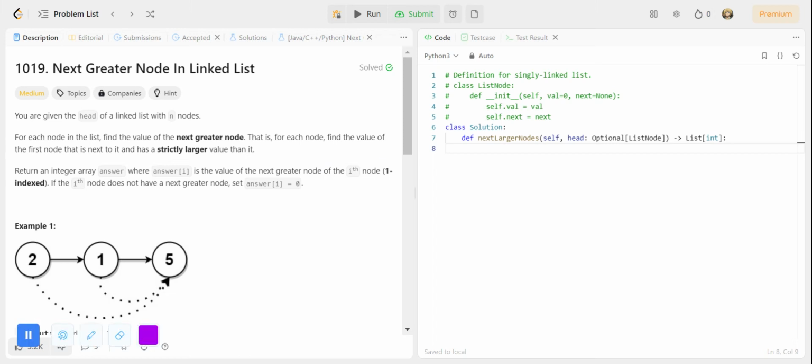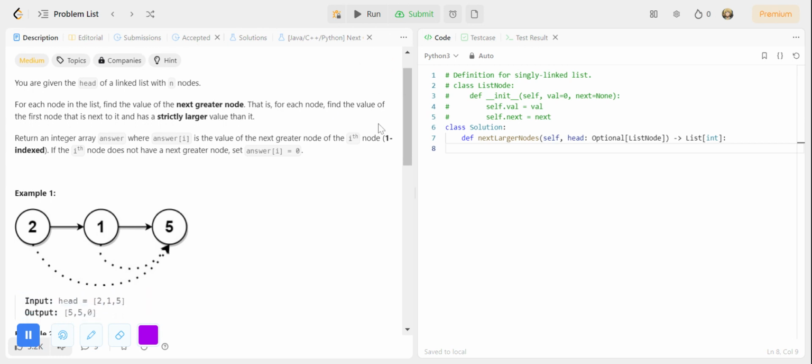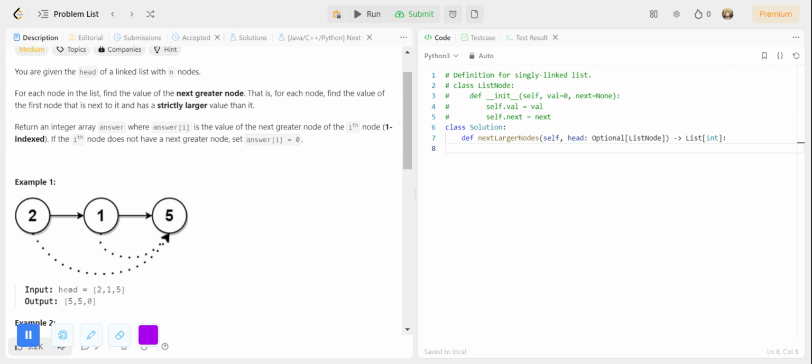Welcome guys, let's solve LeetCode 1019, Next Greater Node in Linked List. You are given the head of a linked list with n nodes. For each node in the list, find the value of the next greater node. That is, for each node, find the value of the first node that is next to it and has a strictly